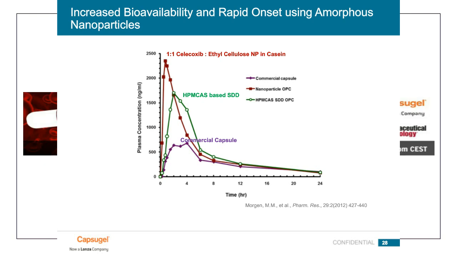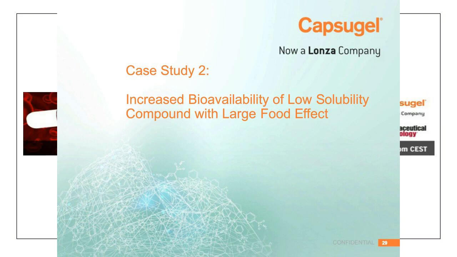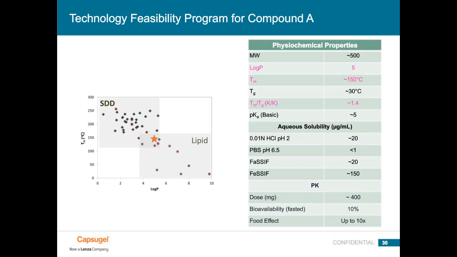All right, so the second case study I'm going to show is another one where we look at both amorphous dispersions and lipids for a low solubility compound with a large food effect. This compound has greater than a 10x food effect, so the bioavailability in the fed state is about 10 times that in the fasted state. The dose of this compound is about 400 milligrams, with fairly low fasted state bioavailability, but well absorbed in the fed state. And the problem statement here was to develop a formulation that would decrease the food effect and could be dosed